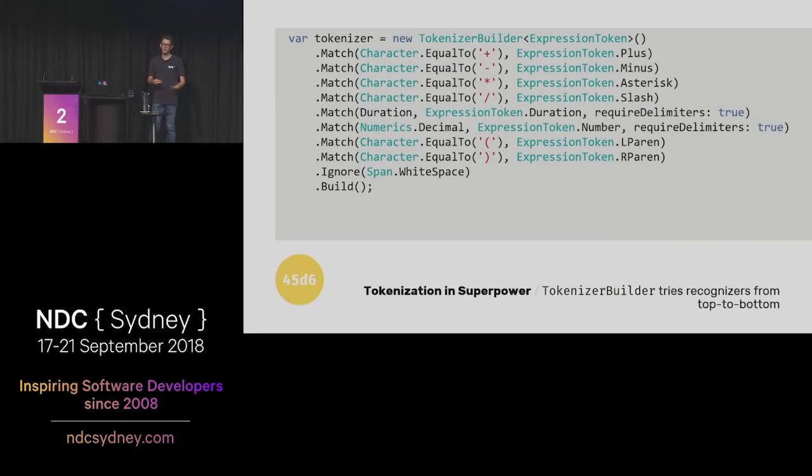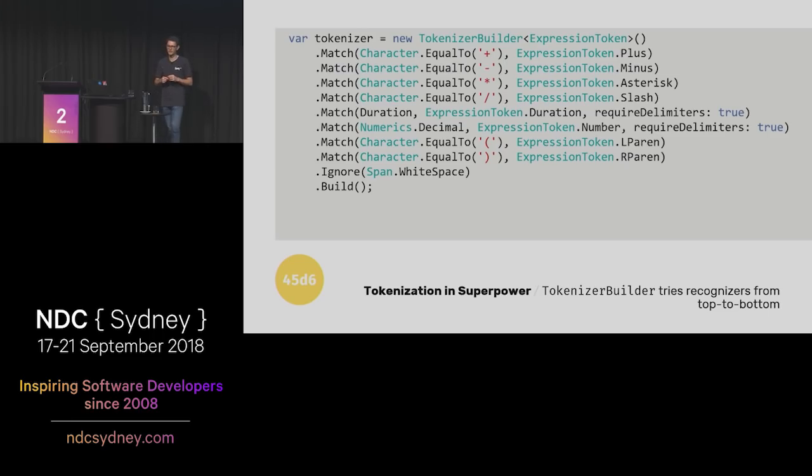Now, taking the input and processing it into a list of tokens is a job for a tokenizer, which you can write by hand if you really want a fast, industrial-strength kind of tokenizer. Or if you're using Superpower that we're looking at, you can use a shortcut method called TokenizerBuilder, and that is really just a list of rules that you will apply one by one through the input. And as soon as one of those matches, then produce a particular kind of token and add that to the stream that we're going to parse later on. It really reads top to bottom. And when you see Match.Char equal to plus, that's the same kind of character parser that we were just looking at in the simple text parser example.